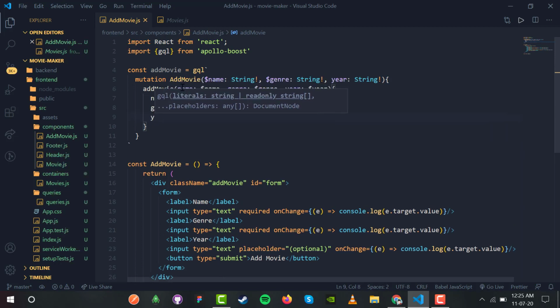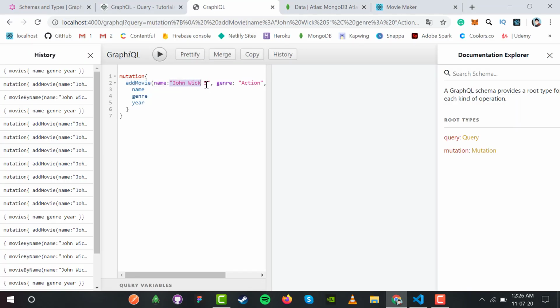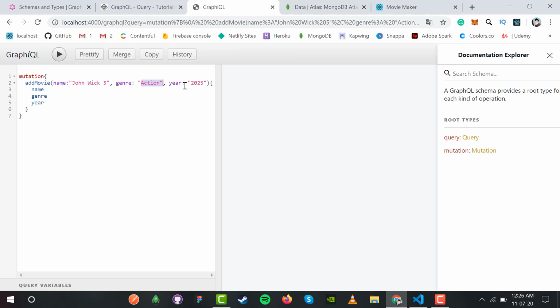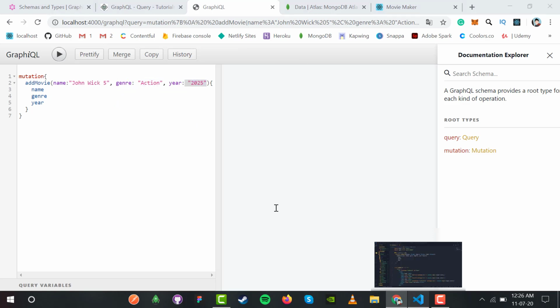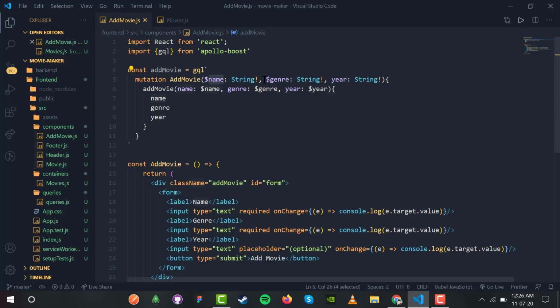So inside the mutation we want the name and the genre and the year of the movie as well. Now this query add mutation will take 3 arguments, name, year and genre, from the front end, and this will extract all of them and put it over here inside the GraphQL and fire this query from this name, genre and the year, and this will be passed, it should be $year because this is a variable. Okay, so this will be passed over here to the add movie component and rendered with the GraphQL.